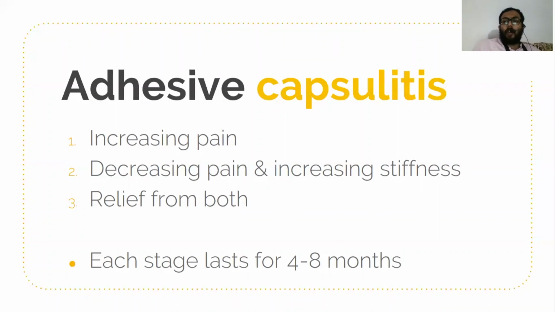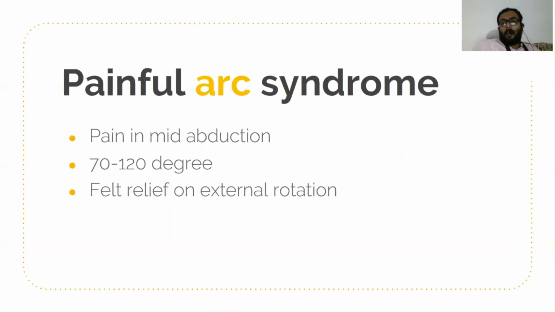Our primary aim is to reduce pain in the initial phase. And actually, the pathology is thickening and contracture of the joint capsule, same as in Dupuytren's contracture. In Dupuytren's contracture, there is thickening and contracture of the palmar aponeurosis. Here, there is thickening and contracture of the joint capsule covering the shoulder joint. It is prone to occur in diabetes mellitus patients. And in this phase, we shall do the rehabilitation as per guidelines. It shall be discussed in the next video. The rehabilitation regarding the shoulder is discussed there.